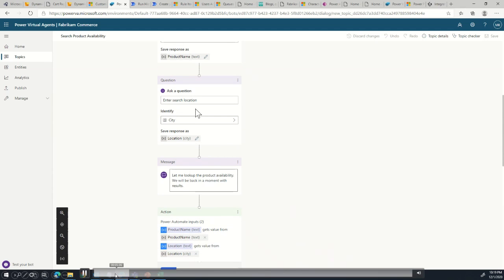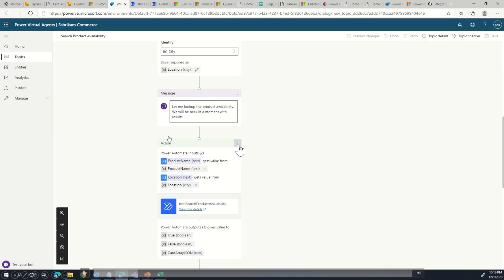And then you can see here there's a pre-built action that we have. The Power Automate action to get the data for search availability is available, and it returns a set of information and a card array JSON. Basically, Power Automate is returning an array of JSON,